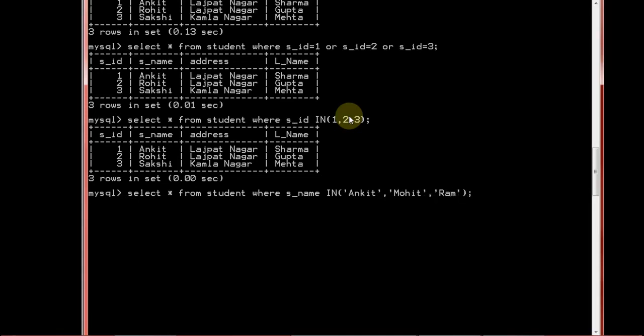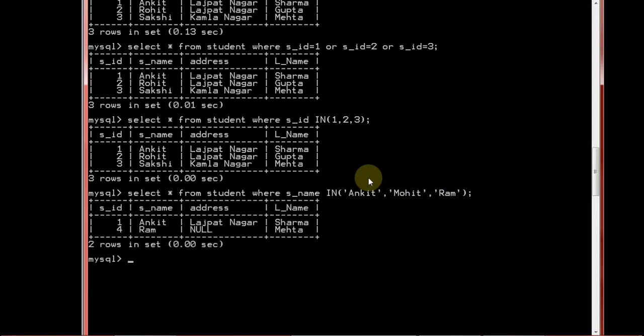So here you will find in this particular table Ankit is there, Ram is also there on 4, but Mohit is not there. But IN means within this specified condition, whatever is there, you can show it to me. So it will show you the matching records.